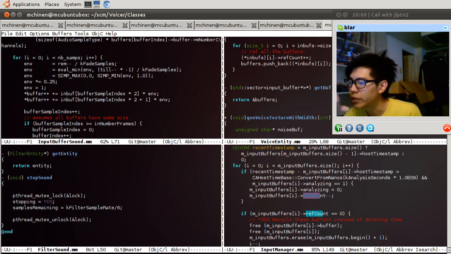Okay, this is one point where we decrement. This is a very arbitrary decrementing of ref count. Just when we were past 9 seconds. And this is fine because we increment the ref count in input buffer sound and in voice entity.